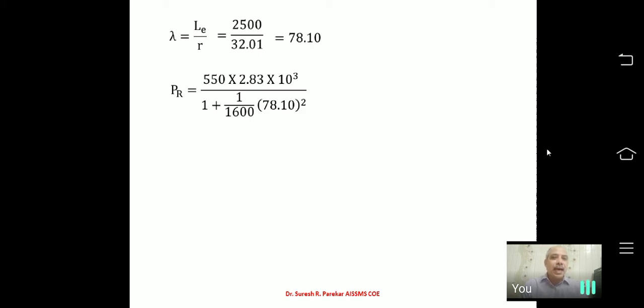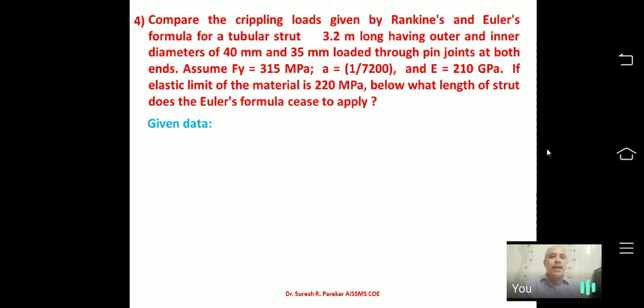And then we have PR from this, and knowing this value of PR, we can find the strength of the column, 323.44, because these all values we have kept in. So keep in mind, LE effective length, we have committed a mistake over here that you have to actually correct. Now we will go to the next, where we have compared the crippling loads.